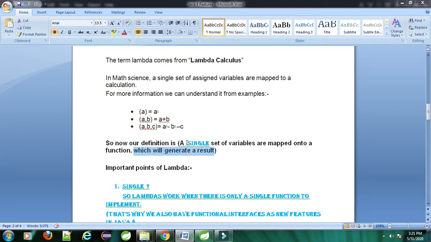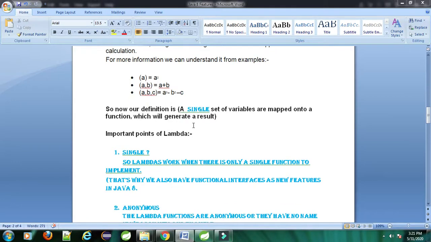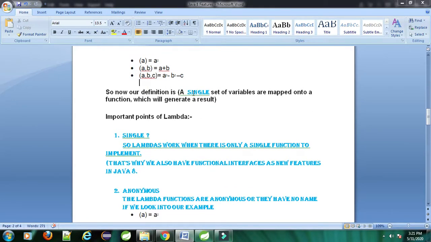That is why I wrote that a single set of variables are mapped onto a function. It is behaving like a function, and all the variables are mapped onto that function, which will generate the result.